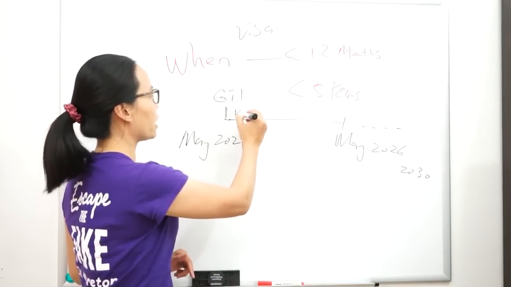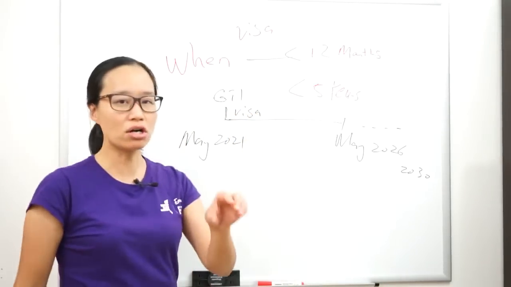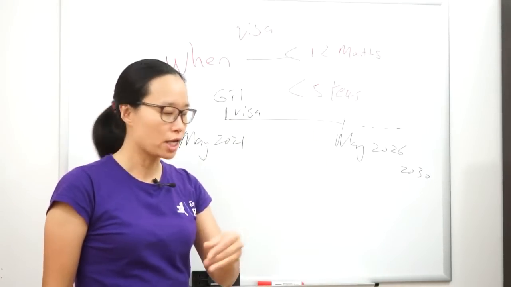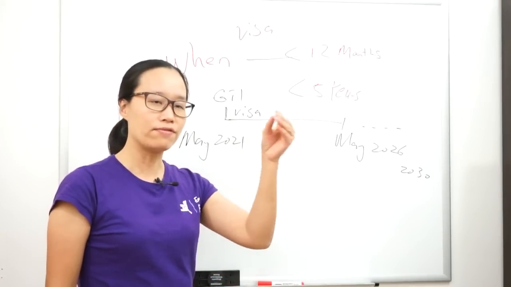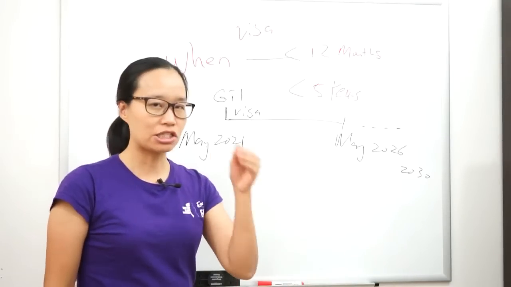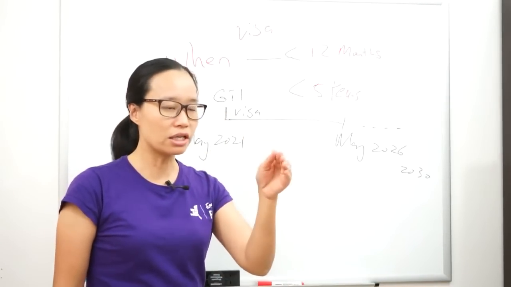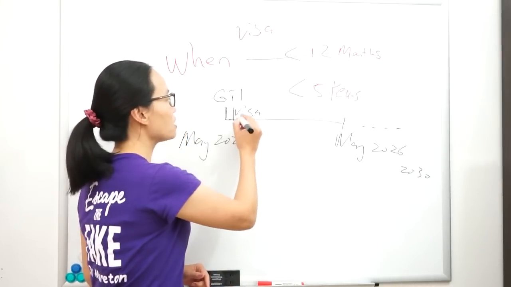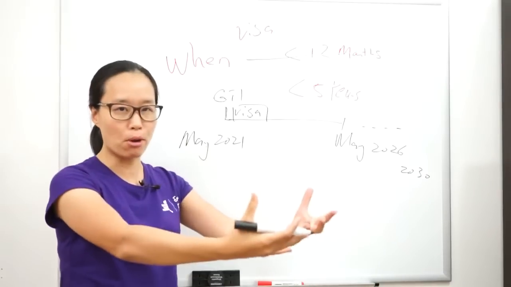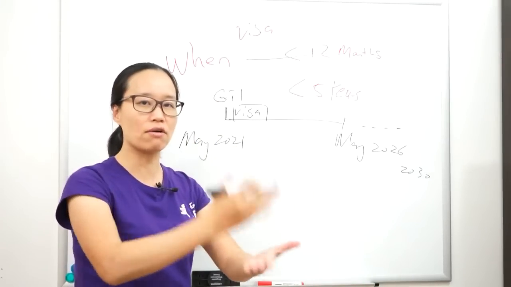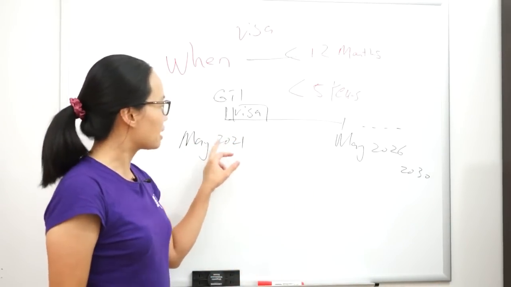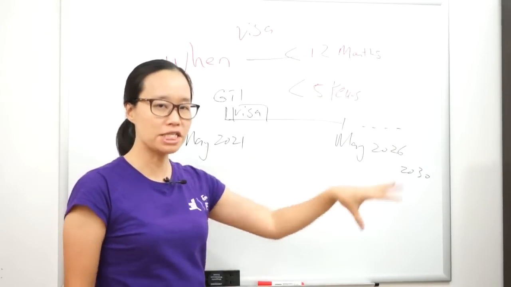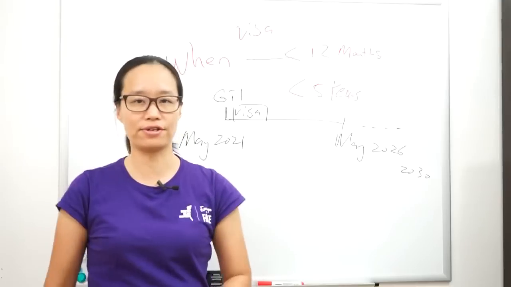The 5 years is not calculated from the date your invitation is received. It's not calculated from the date the visa is lodged. It's not calculated from the day you enter Australia. It is actually calculated from your visa date, the day you got your permanent visa, and that is the date of visa grant. From that date, calculate 5 years. The travel facility is only valid for 5 years.